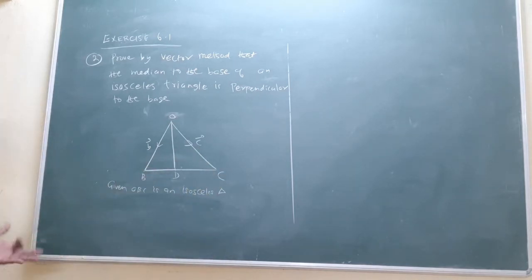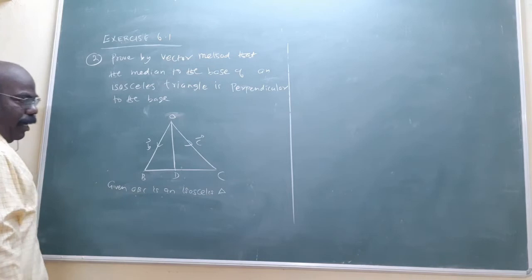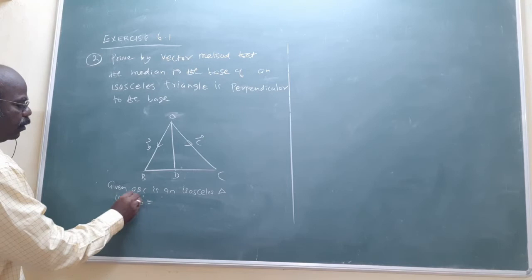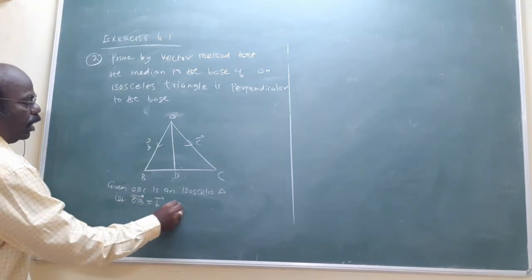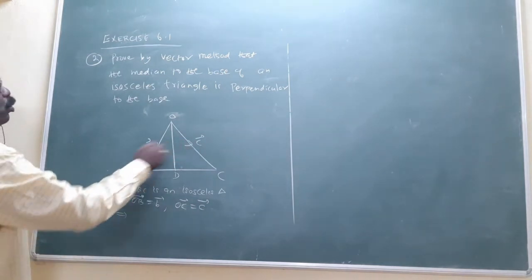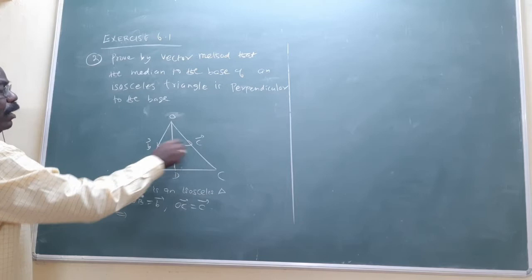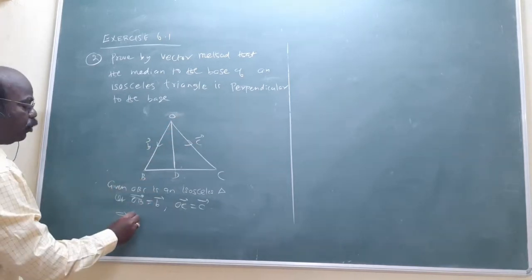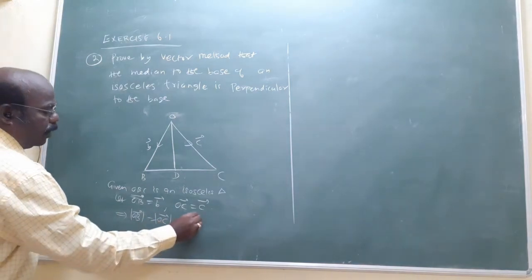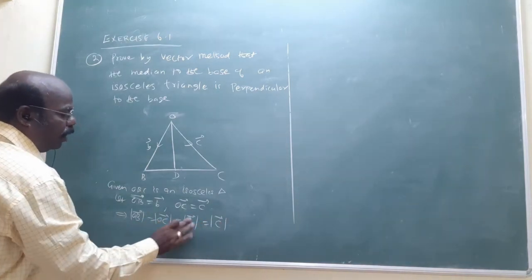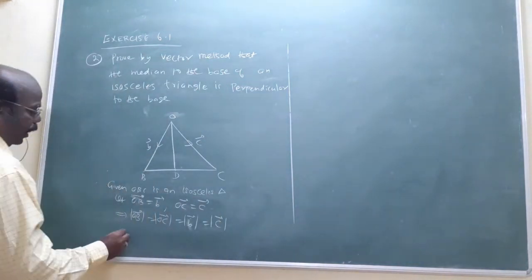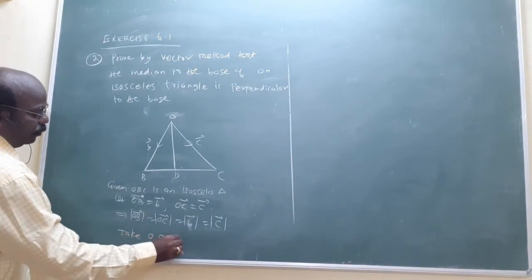This is the idea only. Now, given OBC is an isosceles triangle. Now, let vector OB equal to b and vector OC equal to c. Am I right? Small c. Now which implies, as I told you, two sides are equal in the isosceles triangle. Vectors may be different, but the modulus will be equal. What are the modulus? Modulus of OB, modulus of OC, modulus of b and c are all equal. Am I right? Next one, here our assumption, take O as the origin.